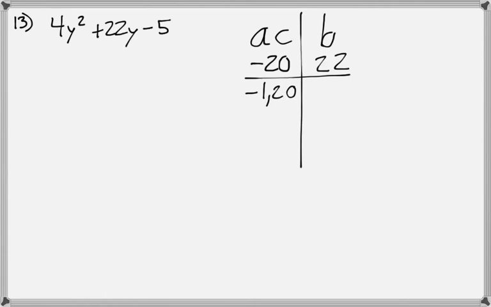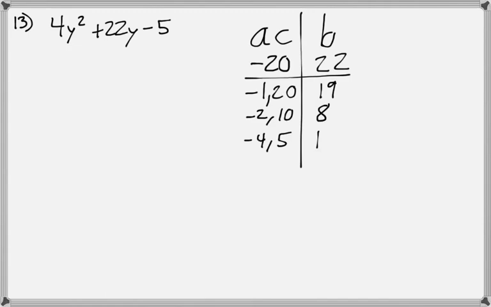Those multiply to be negative 20, they add to be 19. What about negative 2 and 10? That'll be 8. 3 doesn't go into 20, 4 does. So negative 4 and 5, that will be 1. So if you just want to divide on your calculator 20 by 3 to see if it goes in evenly, 20 by 4,